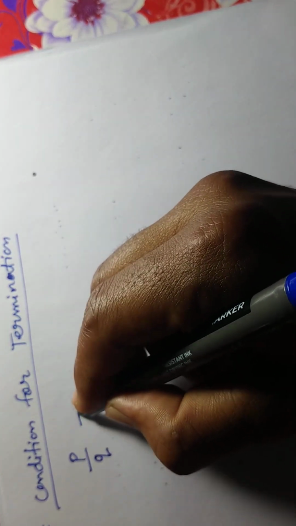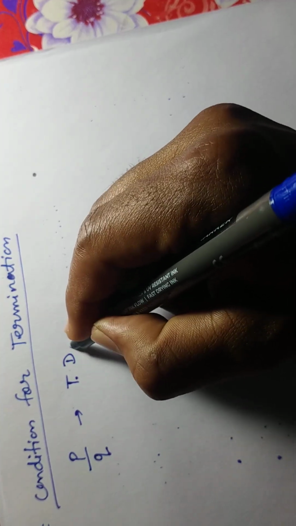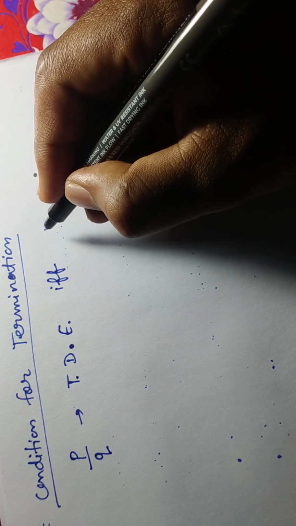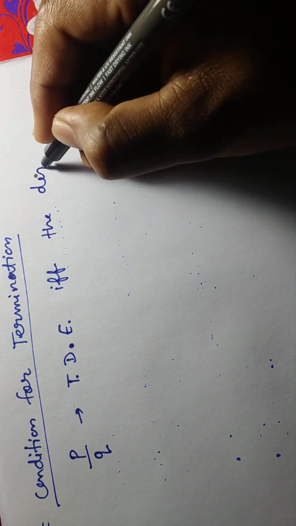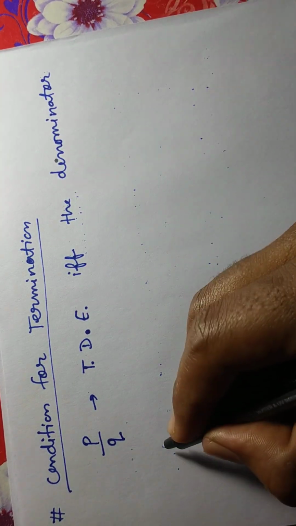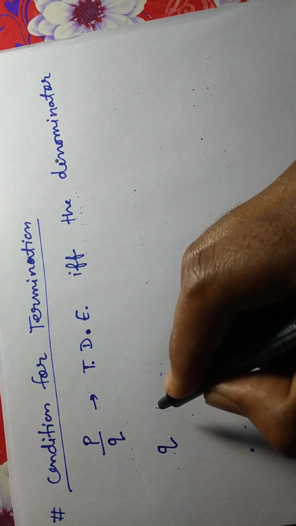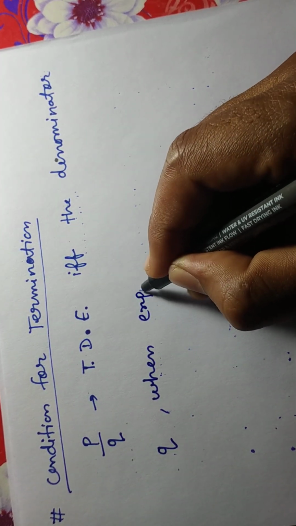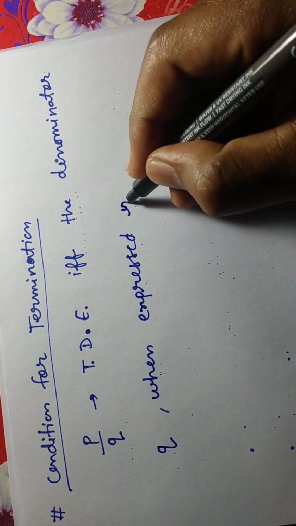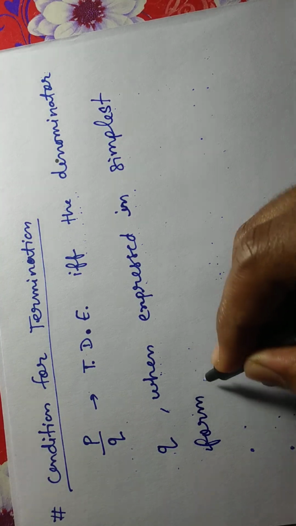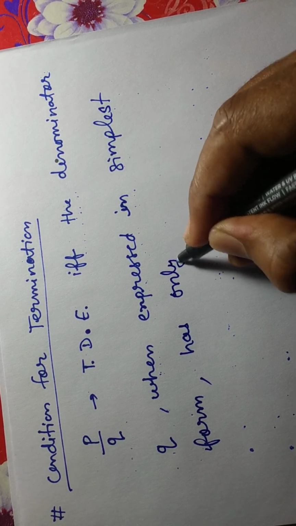So a rational number p by q will have a terminating decimal expansion if and only if the denominator which is q, when expressed in simplest form, has only two